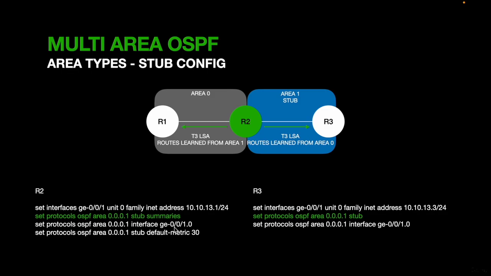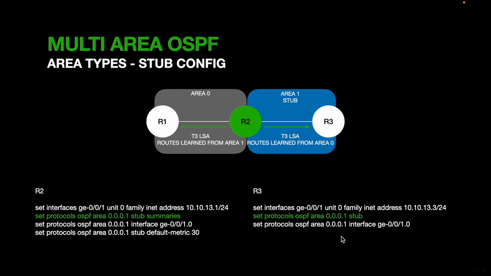You'll add the interfaces in OSPF, and you will also configure a stub default metric of 30, which means that the routes which will be shared to area 1 will have an administrative distance of 30. And on R3 you just specify the interface. You specify that area 1 is a stub area, and the interface which is